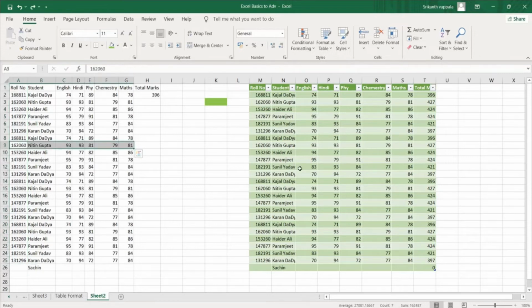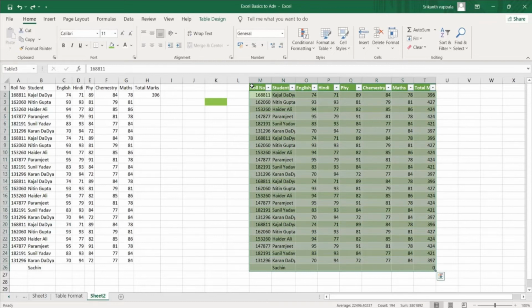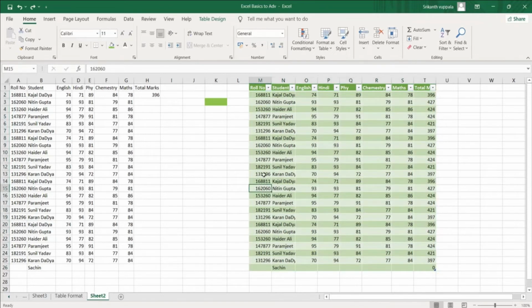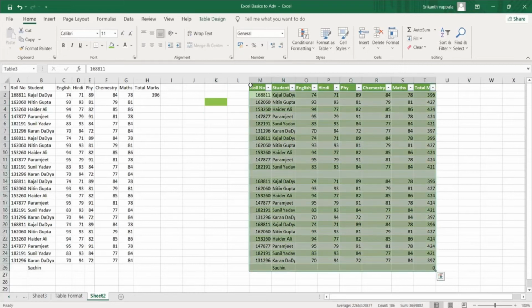So if you have the data in table format, the selection is very easy. Take your cursor on top of the cell. You can see that diagonal arrow mark, then click on that. See, the data got selected. So let us assume there is some data missing in between. Let us see now how it will function. Take your cursor there and see, the entire data got selected irrespective of the gaps in between the data. So these are the uses of having data in table format.